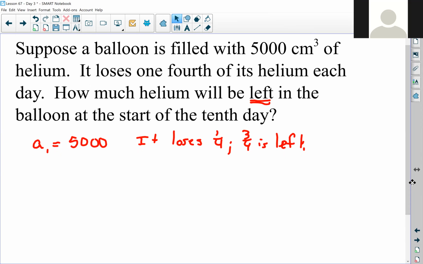So this one is geometric. And so on the start of the 10th day,